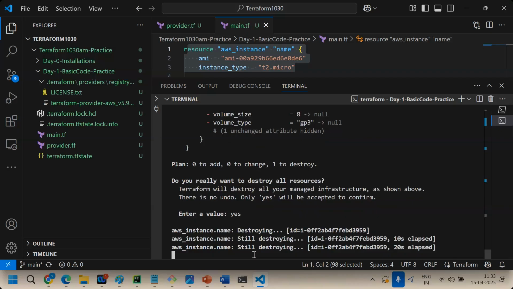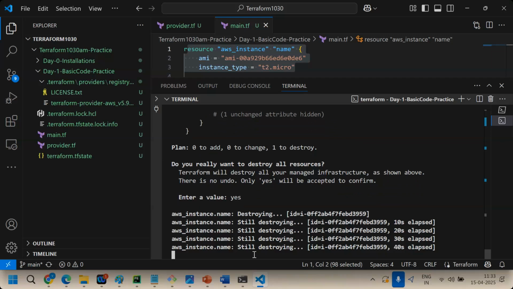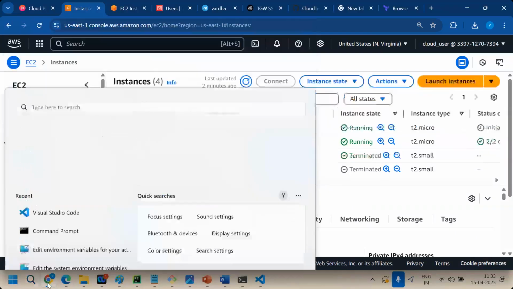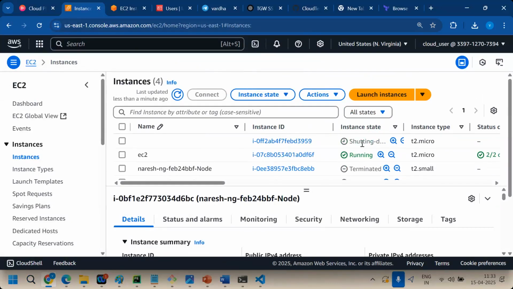Destroying now. Okay, destroying done now. The instance is processing now. Now you can see shutting down.